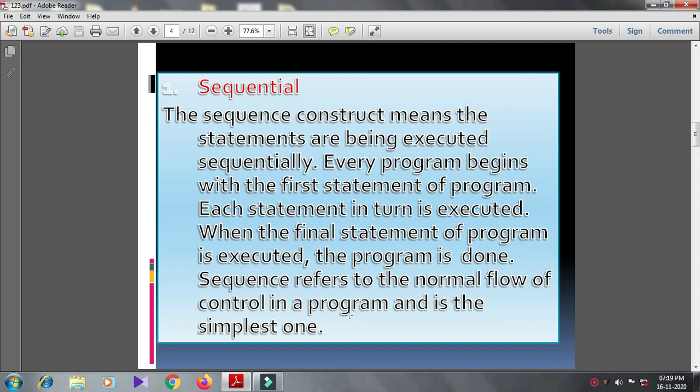Sequence refers to the normal flow of control in a program and is the simplest one. Sequential statements in a program are executed in a sequential order or in a linear fashion, one after another without any jump in a program. Sequential statements are executed sequentially. Then second one,